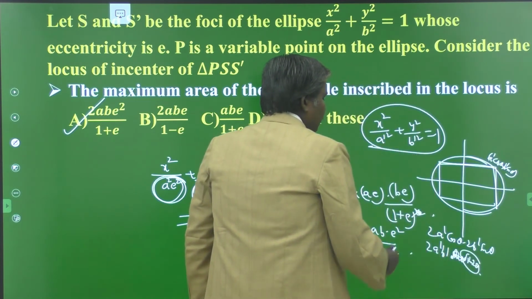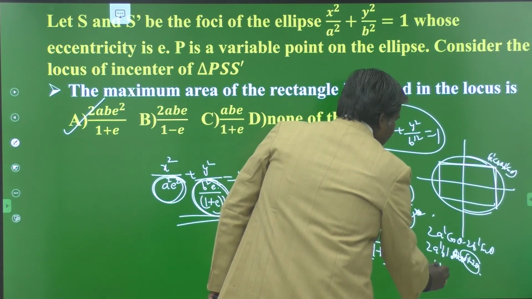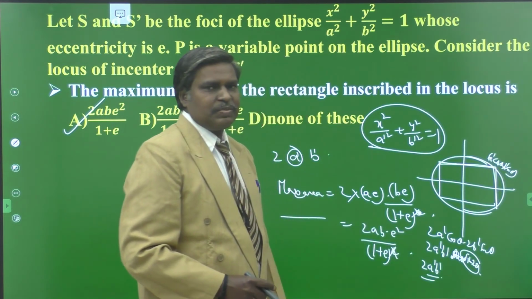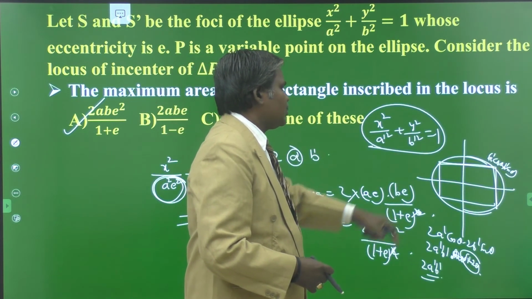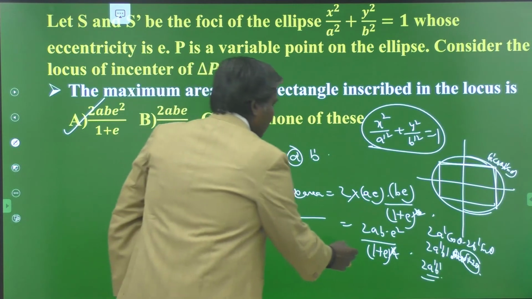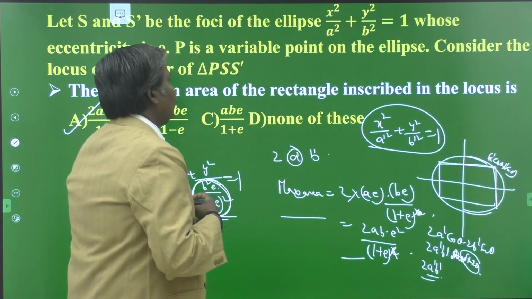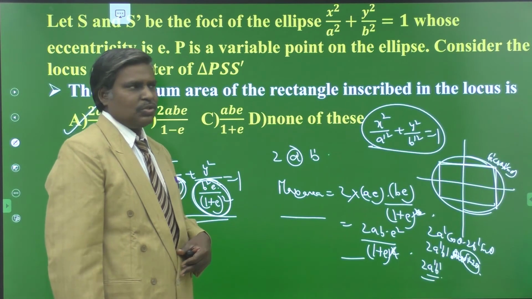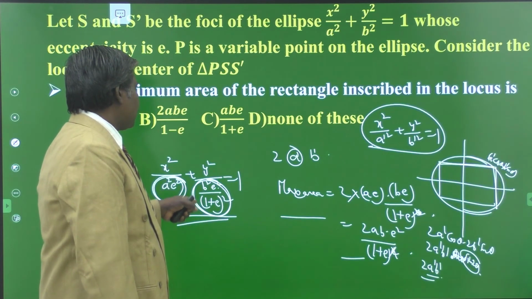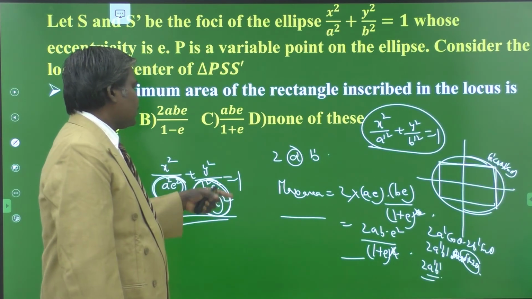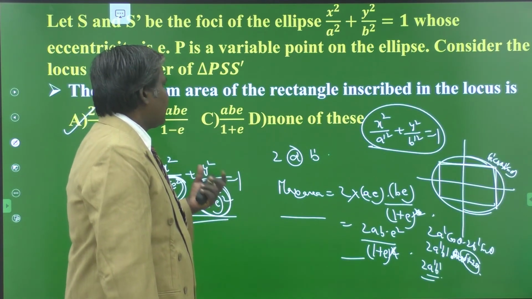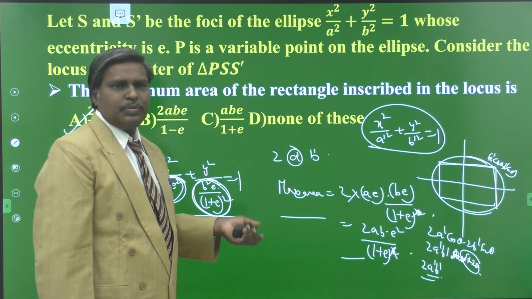So what is the maximum value of sin 2 theta? 1. So maximum area is nothing but 2A dash B dash. That is applied here. So already proved that we have 2A dash B dash for x square by A dash square plus y square by B dash square equal to 1. So you write the A dash B dash values and you can write the maximum area. So in this paragraph, the only intention is you have to find out the locus. Just a simple calculation: from that locus we have x square by a square e square plus y square by b square e square by 1 plus e whole square equal to 1. From that locus you can write the eccentricity and we can write the maximum area of the rectangle that can be inscribed in the ellipse and so on. Okay.